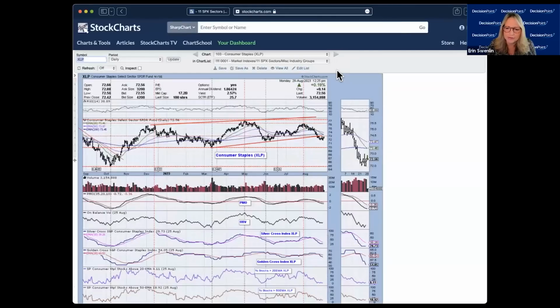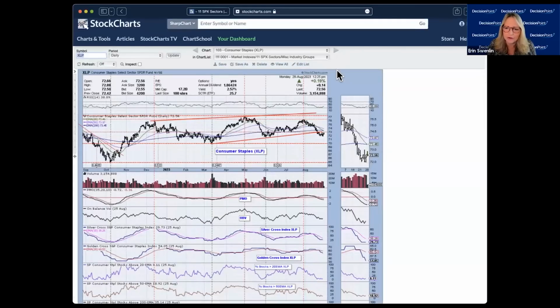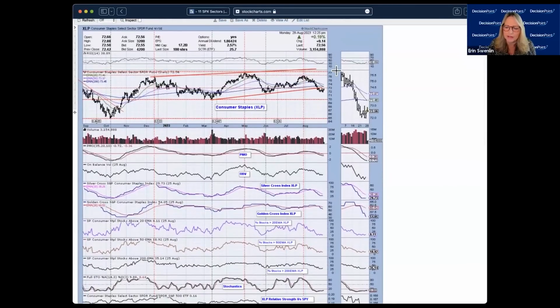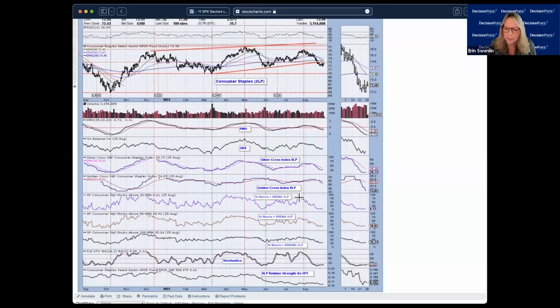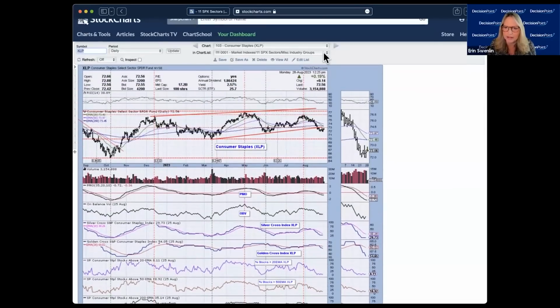Consumer staples. This, of course, is a defensive area of the market. I would have expected to see it get a little bit of love on this decline that we saw, but really all it did was kind of put the brakes on at this support level, but it's not looking like it wants to do much. You can see participation, while it stopped bleeding off, it was really almost near zero. So it's not like it could go much further down. And it's been staying in that territory for a little while. So I'm not a fan of consumer staples at this point.